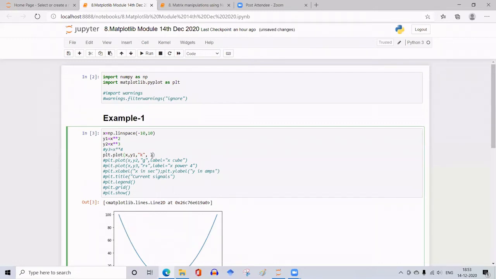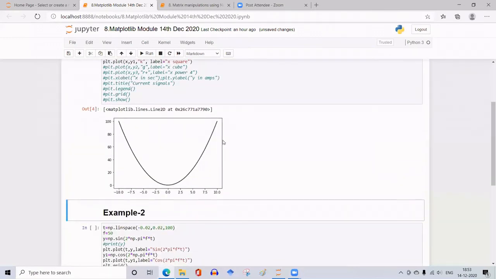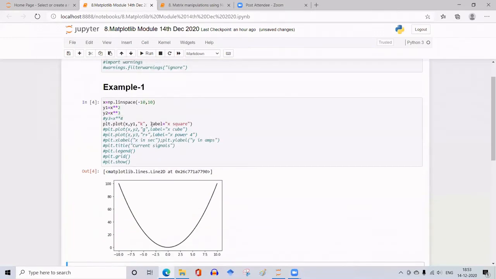Then I label this. Label is equal to, this is x square. If I run this now, the color has changed. This label is not the label given for the x-axis, y-axis, or the title.